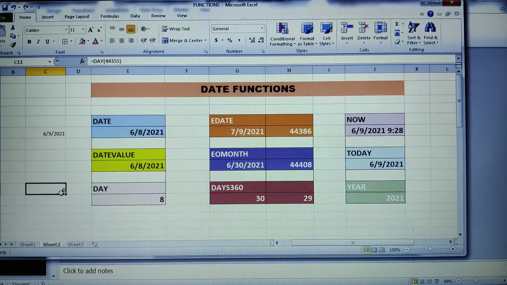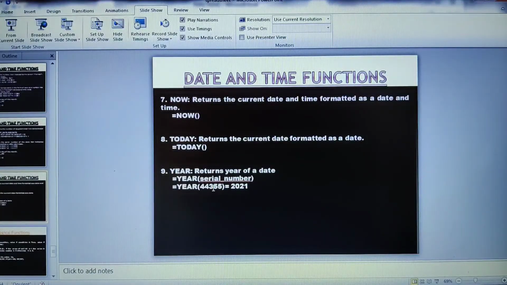Alright. See, you have to understand this. How did I get to know this 44355? In the PPT we have seen that this particular number is the date 6/8/2021. As I already said, right from Jan 1 1900, the serial number is 1.